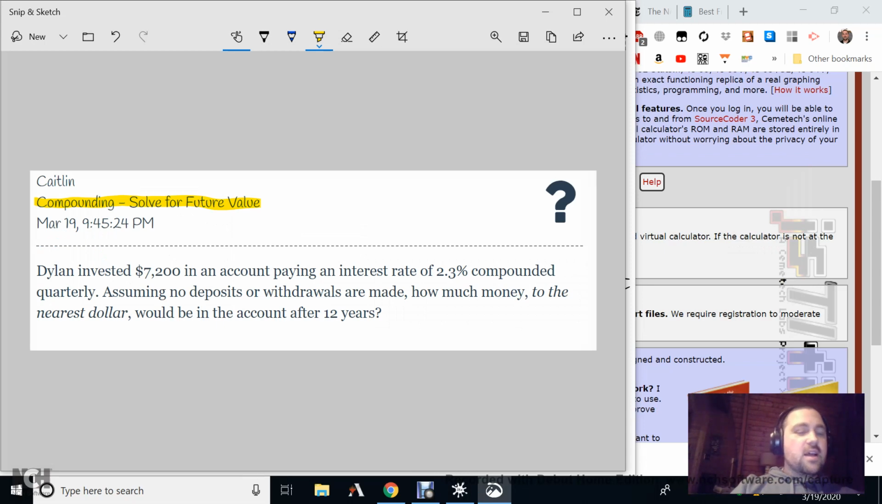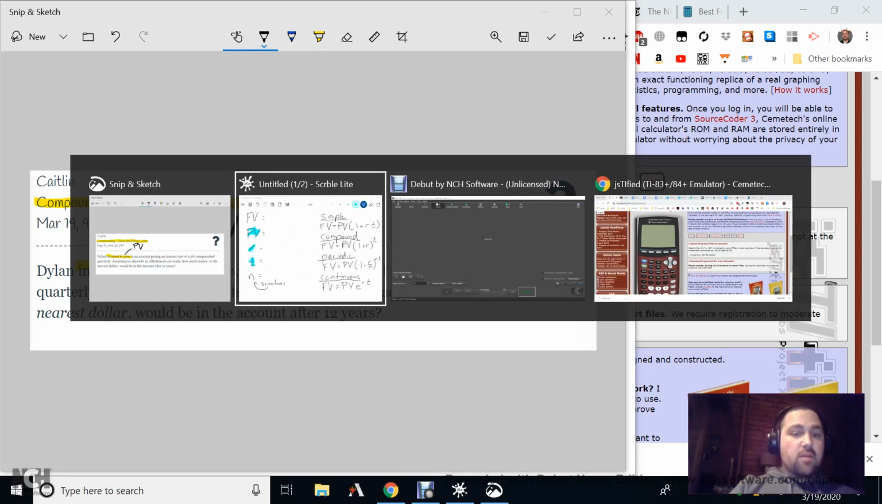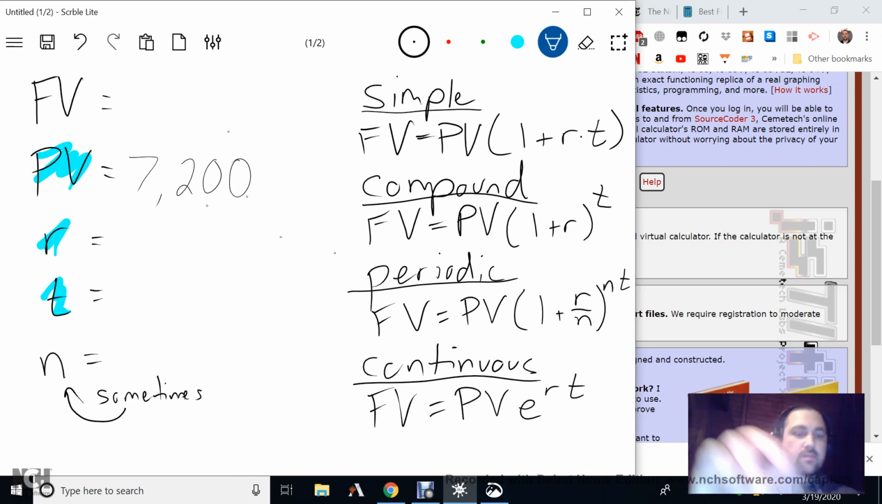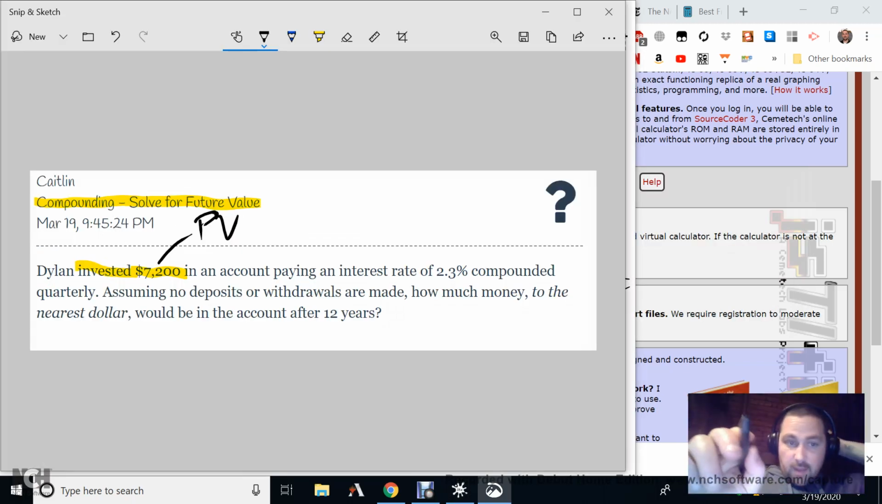Dylan invested $7,200. If he invested that much money, that implies that that should be the present value. That's how much he initially invested. Should have a P, right? So I know that my present value is $7,200, right? And he invested that in an account paying an interest rate of